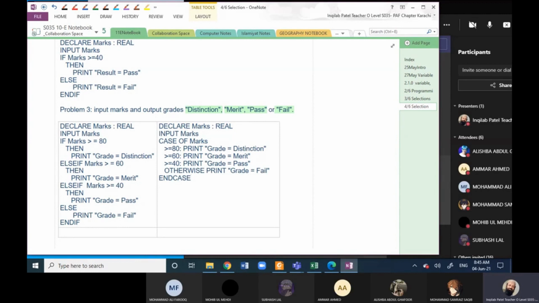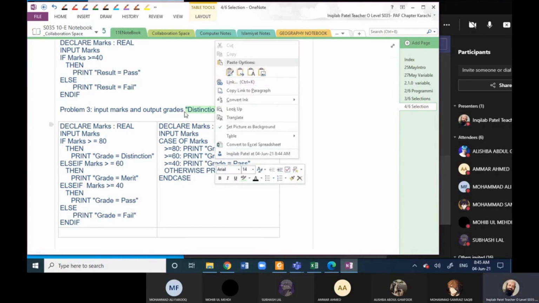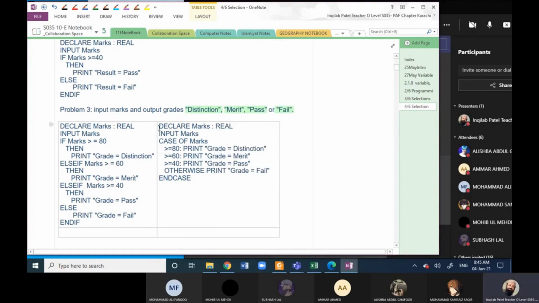Now you may observe that case selection has lesser number of statements, right beta? So as case selection has lesser number of statements, we will say that this is more efficient. This will occupy lesser space on disk. This will occupy lesser space in computer memory. And this will be executed quickly. Are you getting my point, bacho? Students, is there any problem?